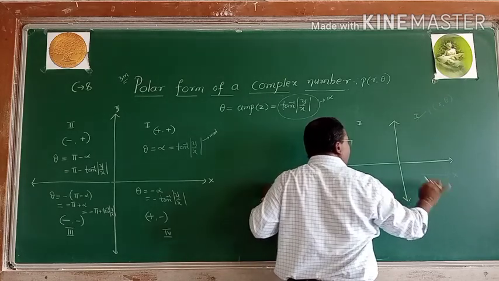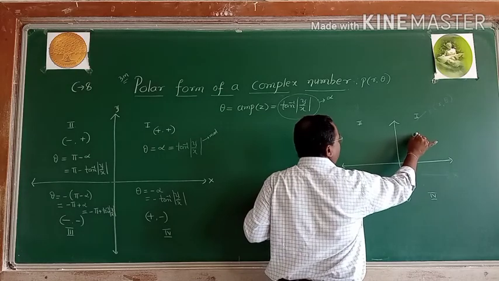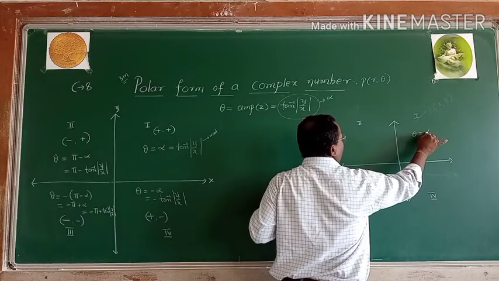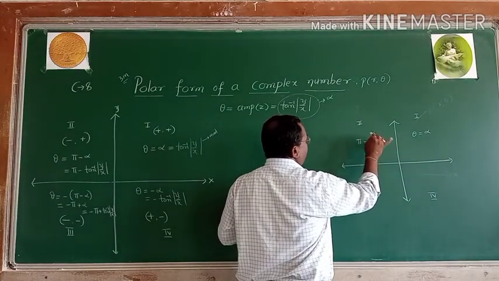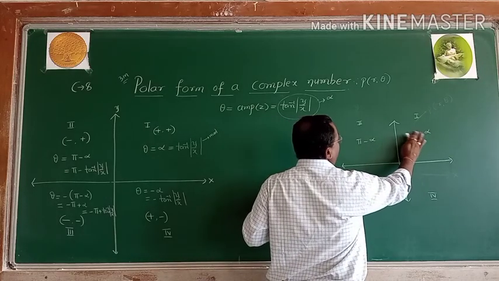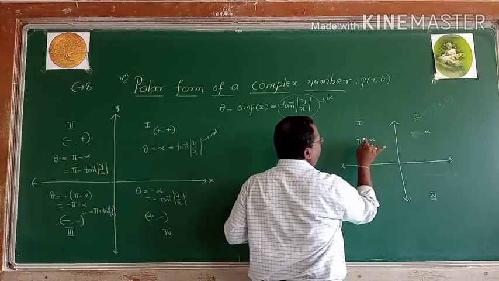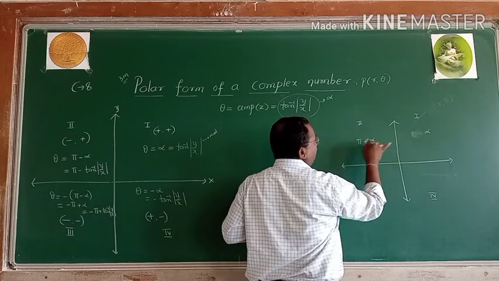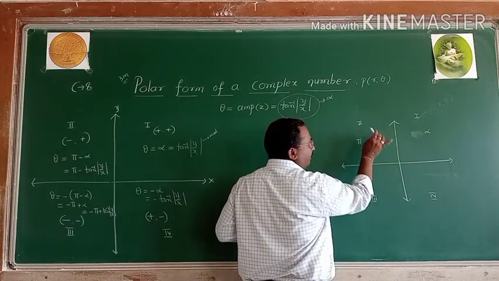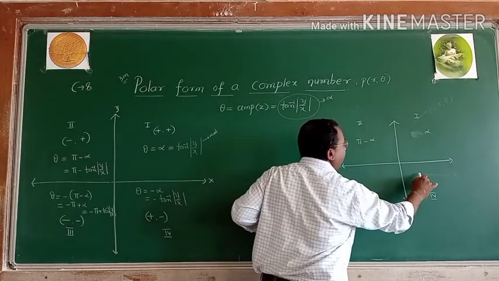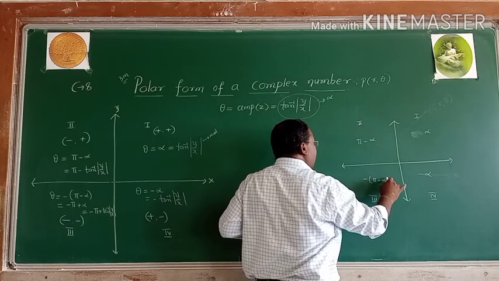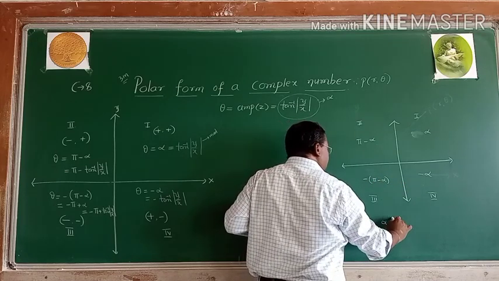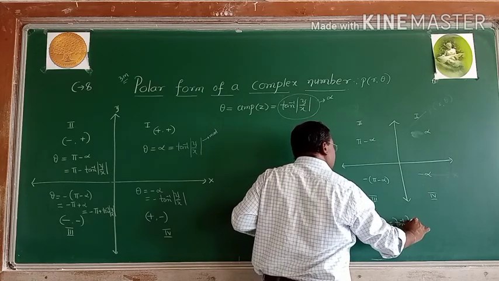Understood? Keep in your mind that theta is equal to alpha directly in the first quadrant. In the second, theta is pi minus alpha. If you keep these two in mind, first is alpha, second is pi minus alpha, and their opposites down below are negative: minus alpha, and minus of pi minus alpha, where alpha represents tan inverse of the modulus of y by x, and theta depends upon the quadrant.